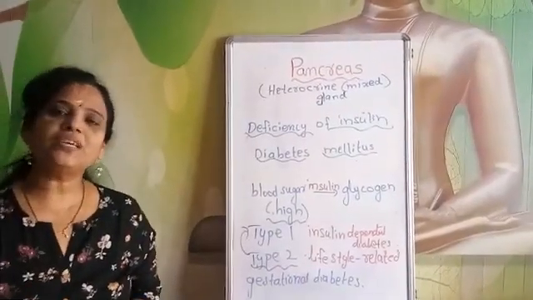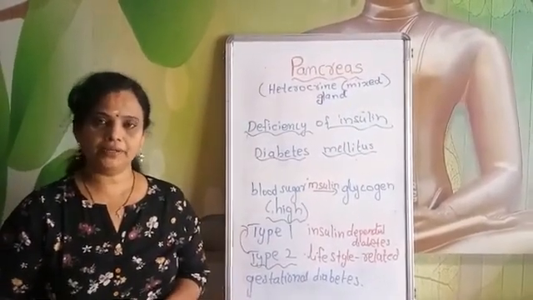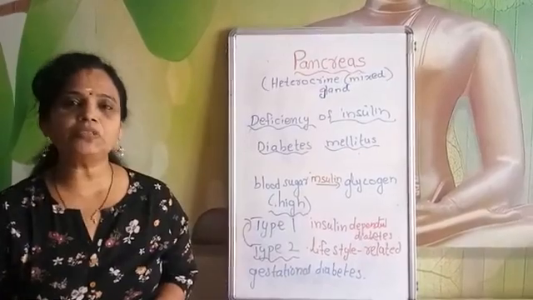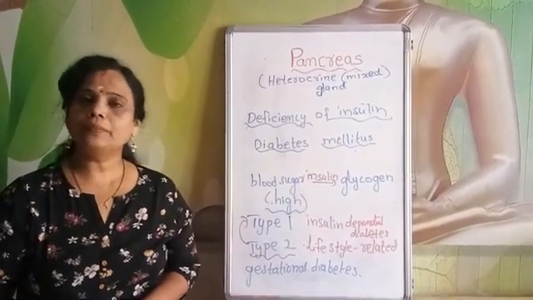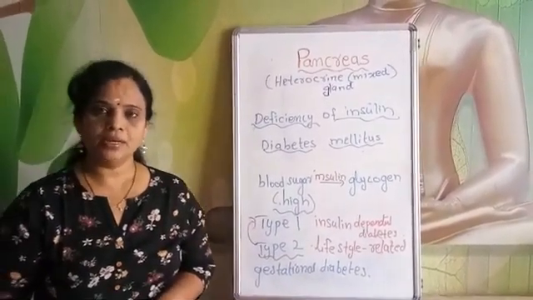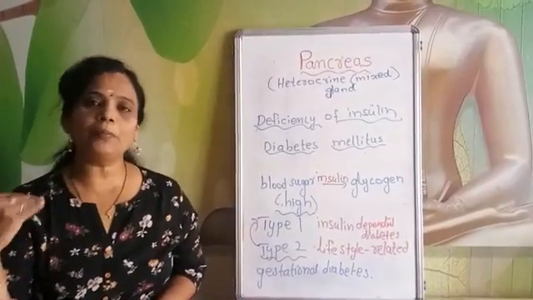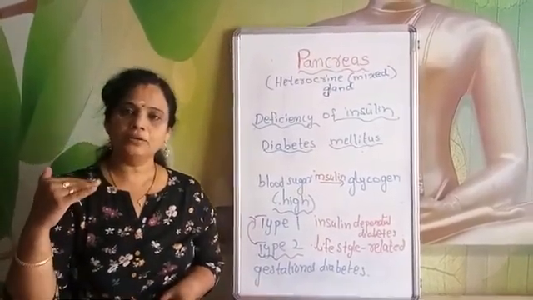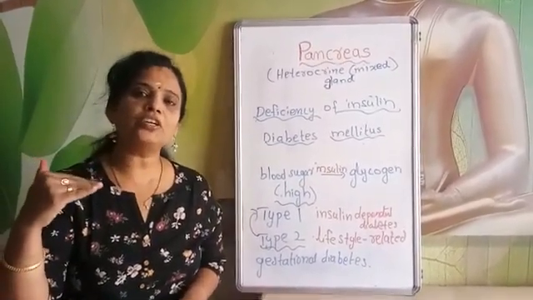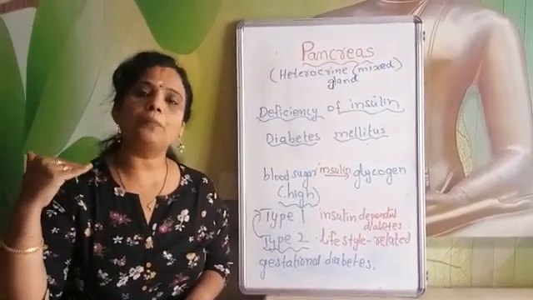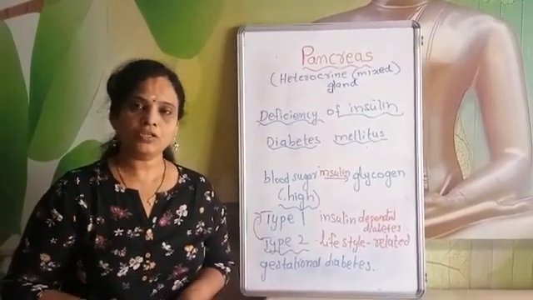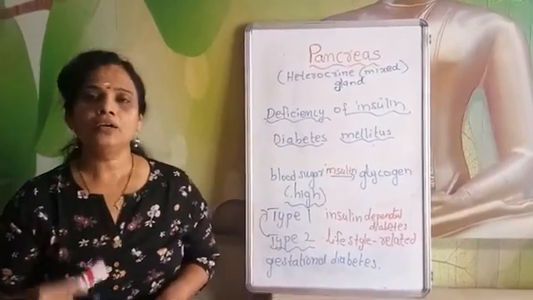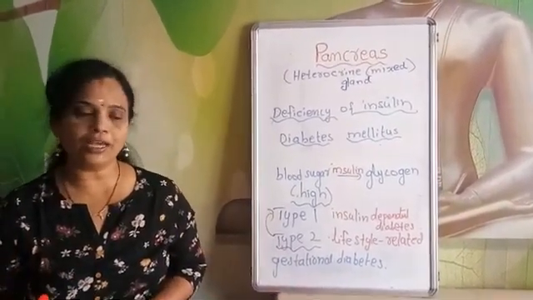Now coming to the symptoms of diabetes. Now what is this disorder? What are the symptoms? Now the main symptom you get is the sugar level. When you go for a blood test, you will get the excess quantity of sugar. The sugar level will be abnormal in your blood test. So it will be more than the usual. It will be above 140.